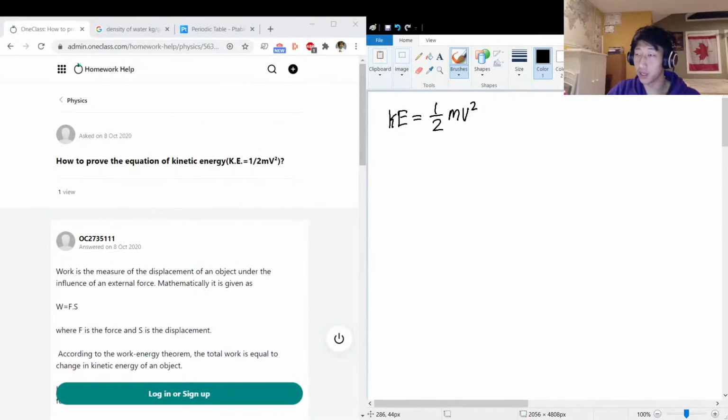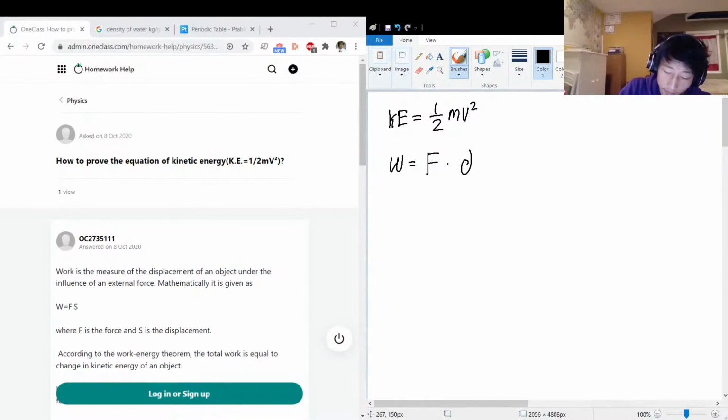Now, work is how you add energy to it. So if I push on a bowling ball and it starts rolling, that means I exerted some work, which means I gave some kinetic energy to that bowling ball, and then it's rolling away. Okay, so the equation for work, W, is equal to F